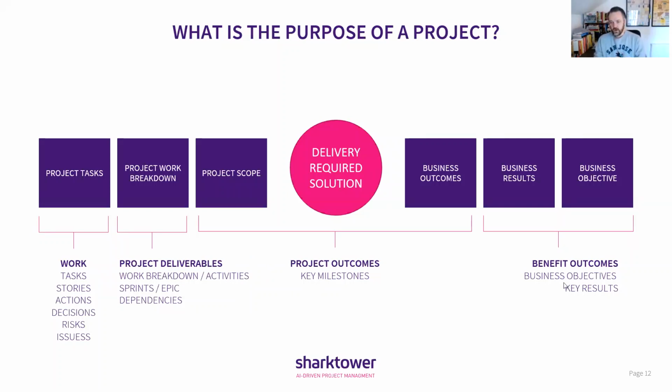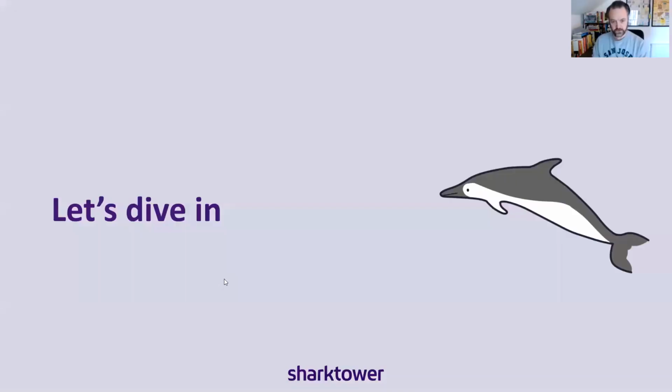So hopefully you're going to see in Sharktower how we look at business objectives and key results, linking that to the project benefits, outcomes, and key milestones, to project deliverables, whether that's work breakdown, activities, sprints, epics, dependencies, and then the lower level work that actually drives it, all the different tasks, the stories, the actions, decisions, risks, and issues that come with that. So let me dive in to